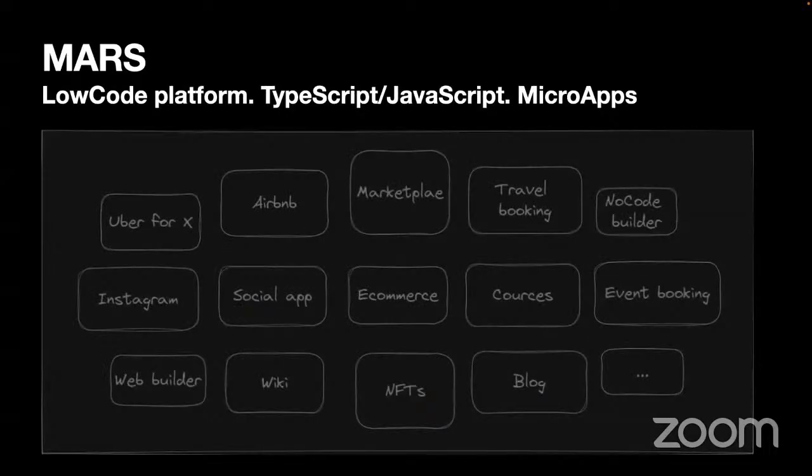So Mars is a low-code platform that lets developers write code on top of microapps, where microapps are the features or sometimes full-fledged apps that developers can add to their projects and can quickly bootstrap their work instead of writing everything from scratch. For example, we have microapps such as Airbnb clone or Uber for X or Marketplace and